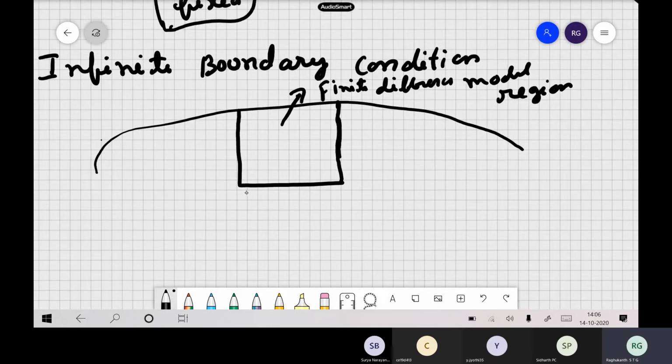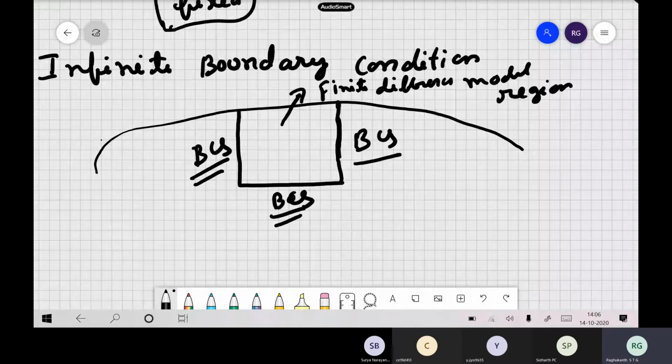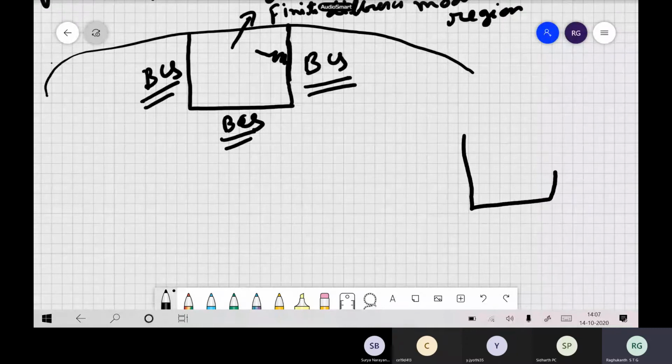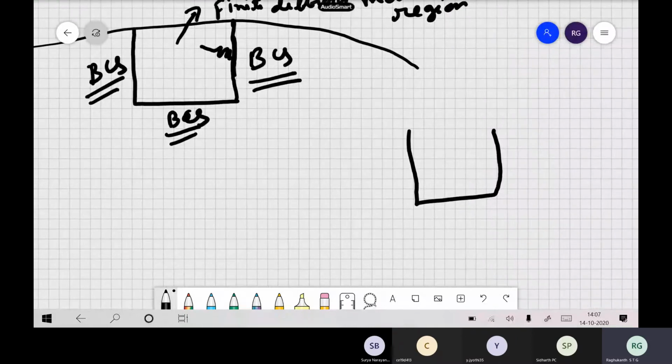Now what should be the boundary condition at these places, at the bottom edge, here and here? As I already told you in the last class, when a wave comes and hits this boundary, in reality, what is happening? In reality, there is no boundary because it is an infinite medium. Because of our computational problem, we are modeling only this much piece. So what should be the boundary condition we apply at this place? What did we say in our last class?